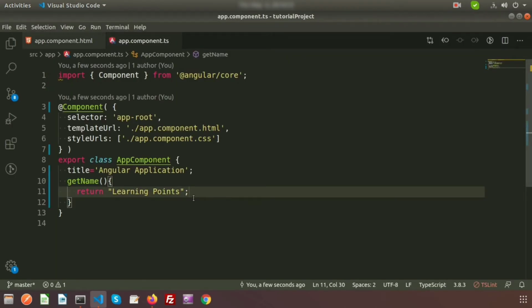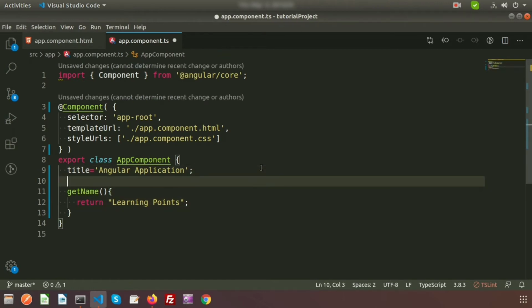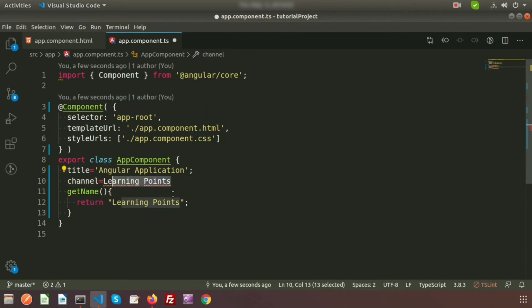Now let's make this value also dynamic. How can we do this? Suppose I create another property, channel, and I write the name of the channel as learning points. We need to write it inside inverted commas, because it is a string.